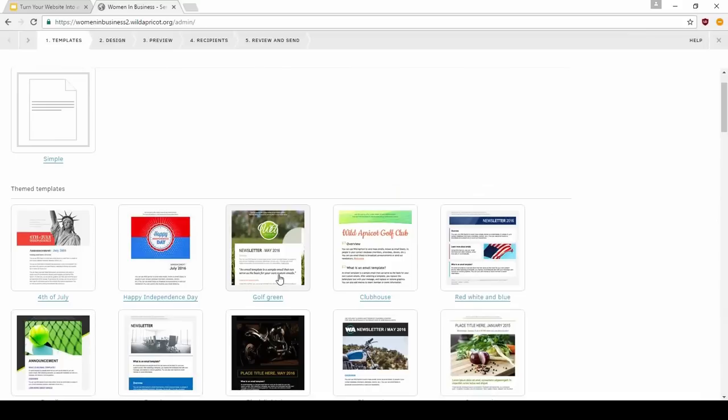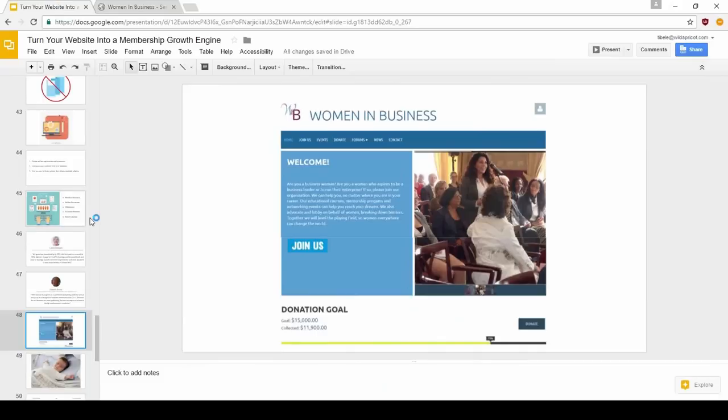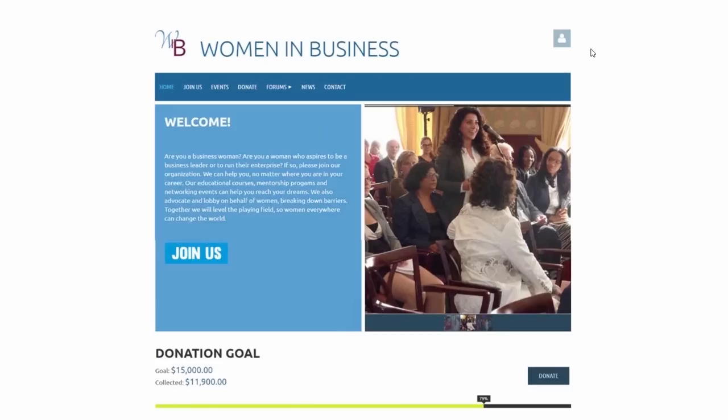And that's really just a basic overview of how you can use membership management software to really build and design your website, integrate your website with all of your member information, and set up multiple admins on the system to do it for you so you don't have to worry about it anymore. So now I'm just going to jump back into here. So that's what the inside of membership management software looks like, and I'd like to encourage you to try it